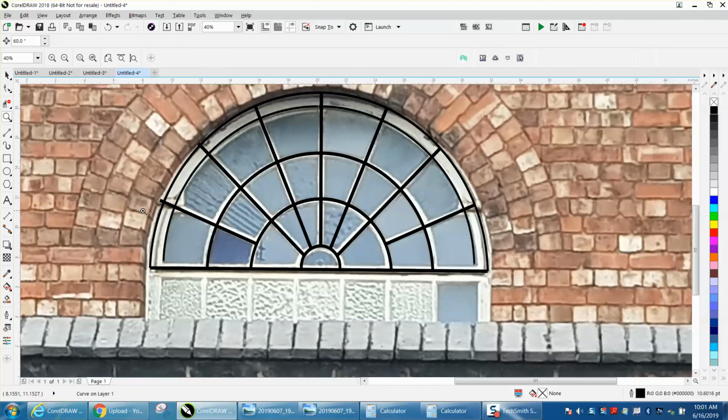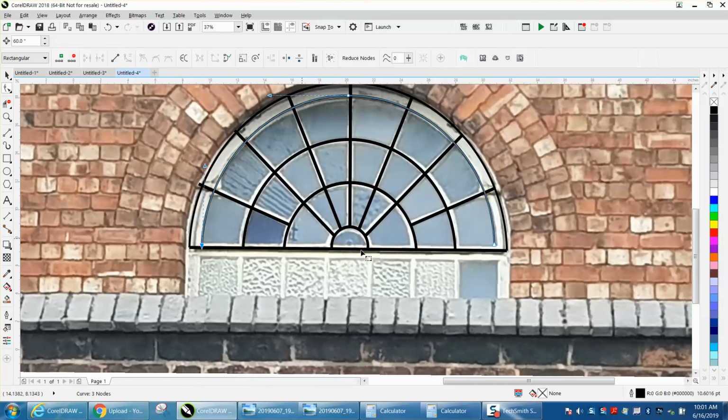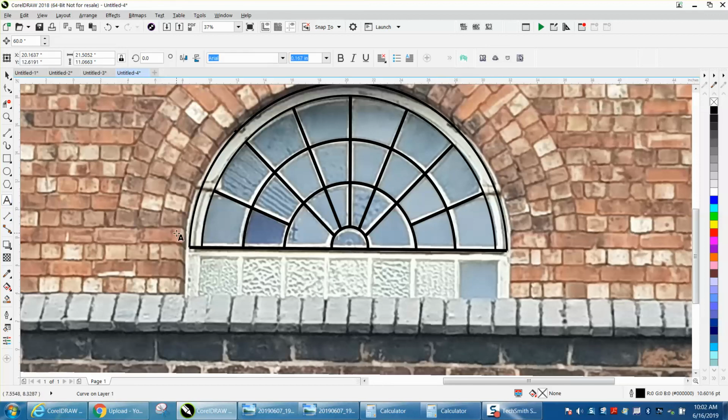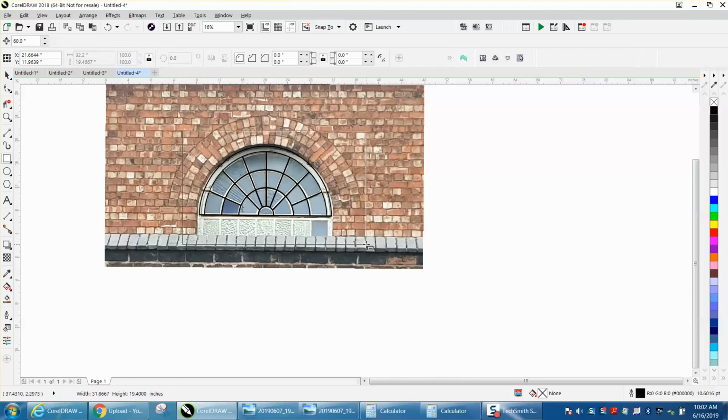Then take your shape tool and just bring those down. Now we're going to go with virtual segment delete key, and let's delete that outer part, the inner part. Then you should be able to, it shouldn't leak. Let's zoom in here. Yeah, it shouldn't leak. But I'm still going to do what I always do, put a rectangle around it, take